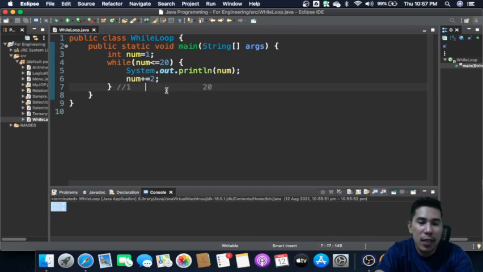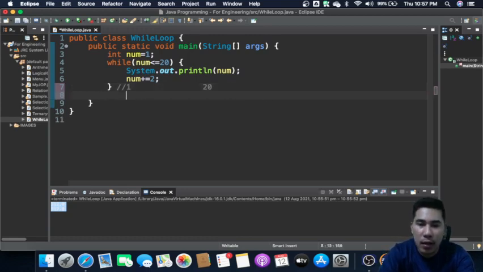Let's say for an instance, for this code above, the increment is by 2, so meaning from 1. So let's trace it, wait for a while. So this is the value of num, and this is the value of num less than or equal to 10. And this is the value of num plus equals 2.